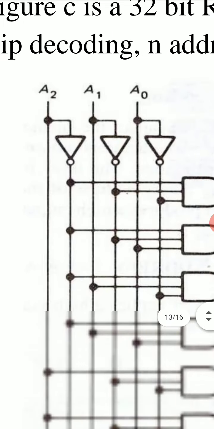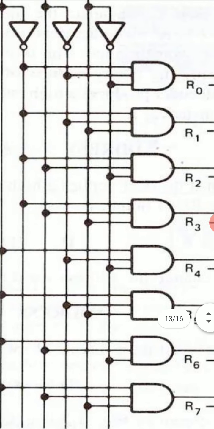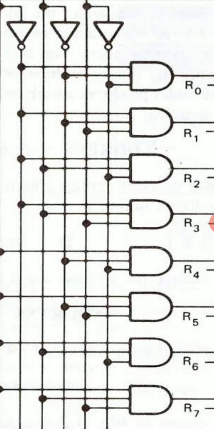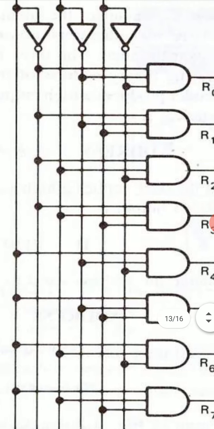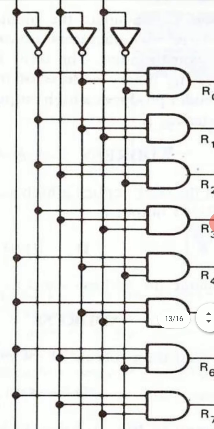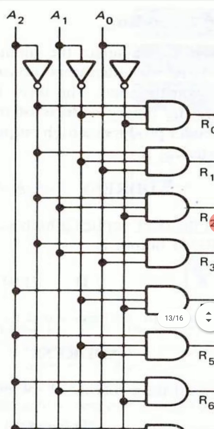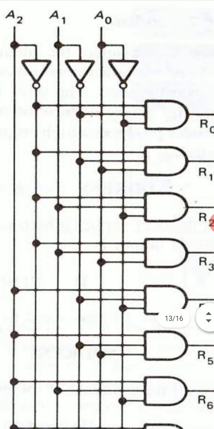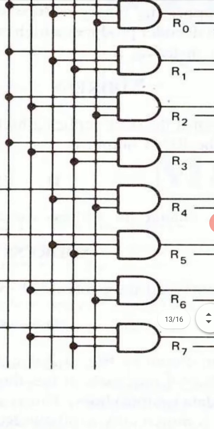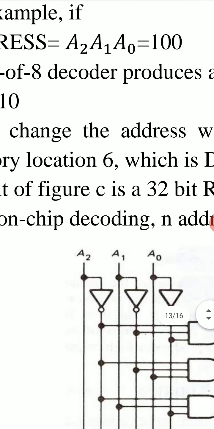So in R4, look at the AND gate of this R4 register and see the inputs of this AND gate. These are A2, A1 bar and A0 bar. So if we have address 100,